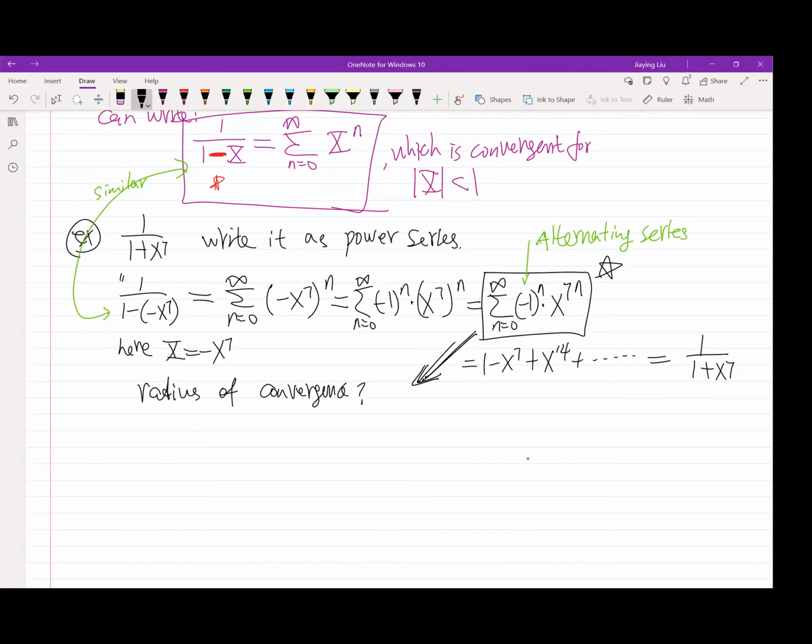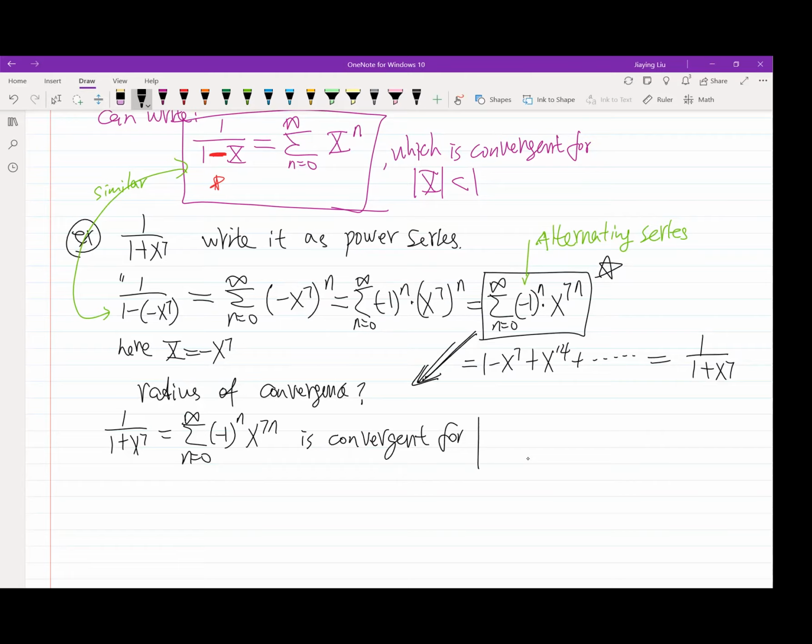So maybe let me write down here. This series that I have, 1 over 1 plus x to the 7 equals the sum from n equals 0 to infinity of negative 1 to the n, x to the 7n. This series is convergent